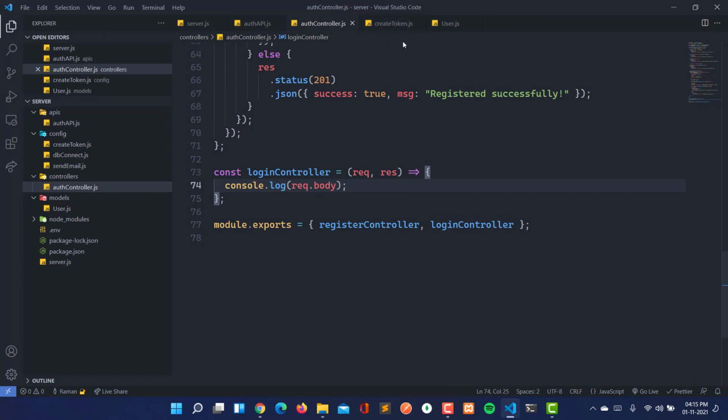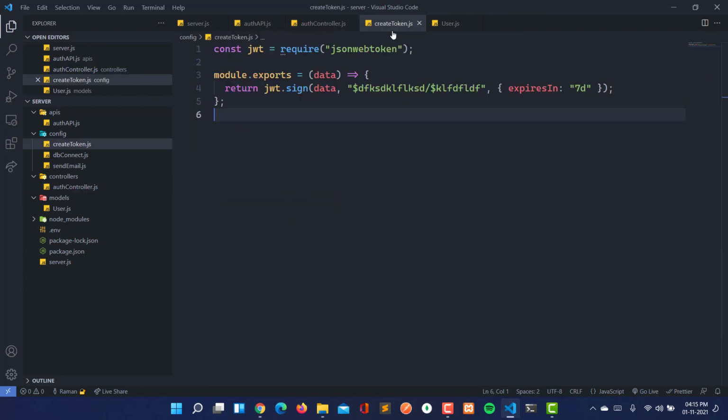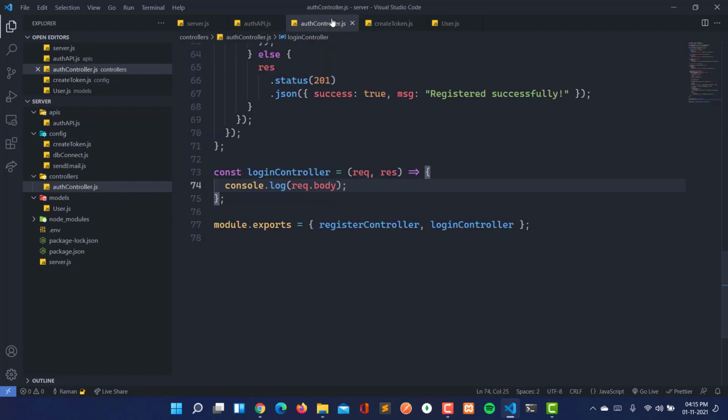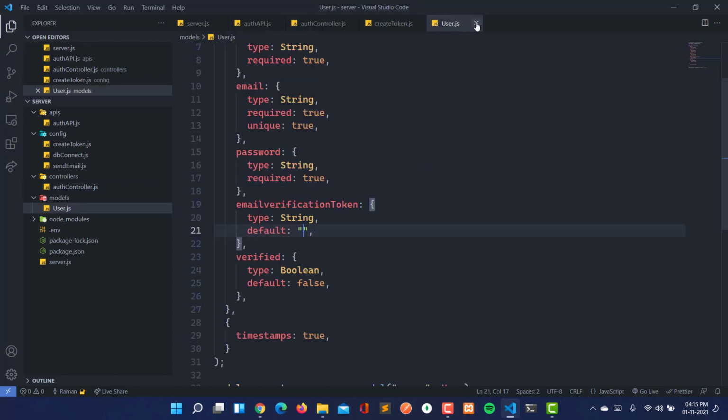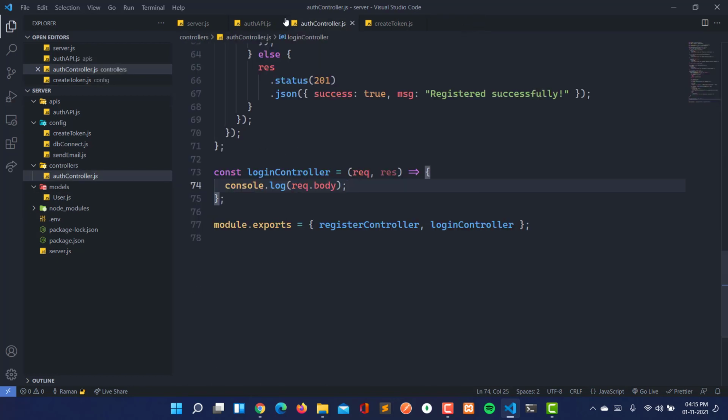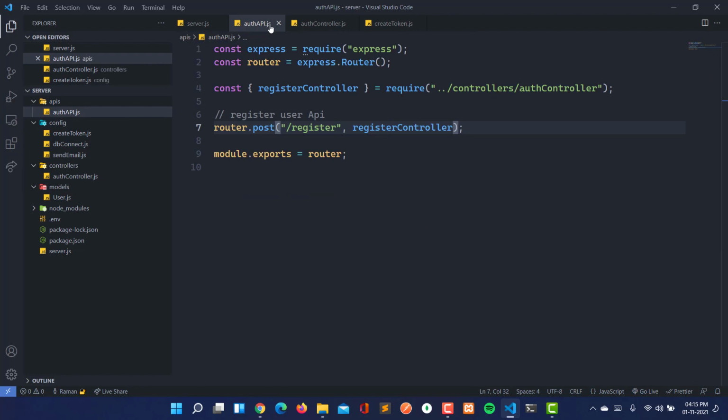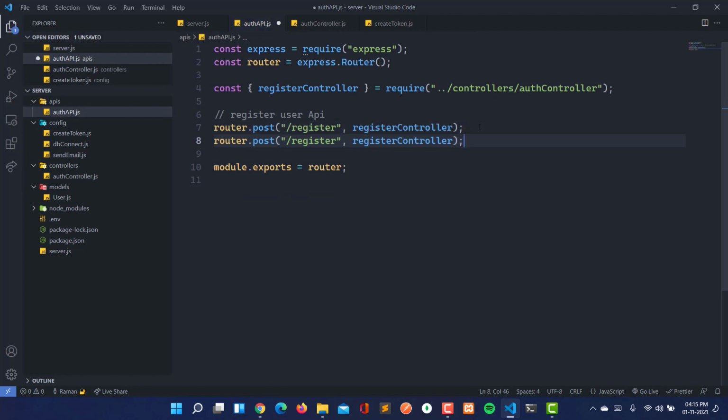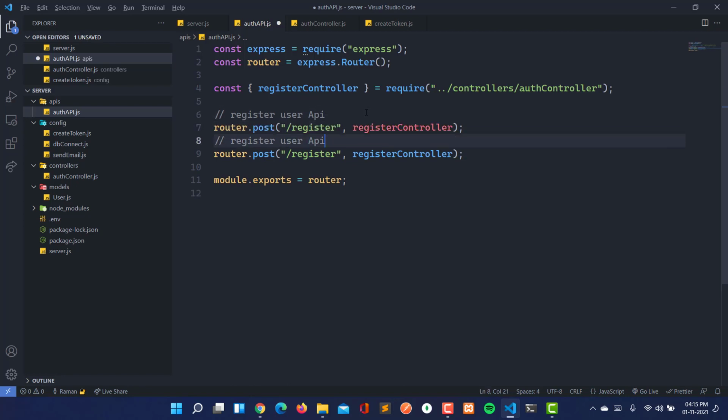We don't need send email, but we need create token, because whenever we log in the user, we have to generate the token with the ID and email of the user. We don't need the user here either. Then in the auth API we will create the API for register and login.